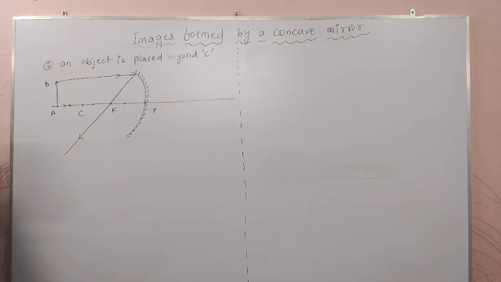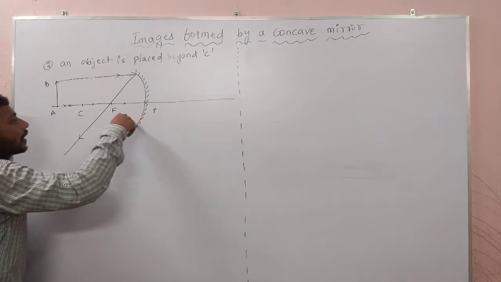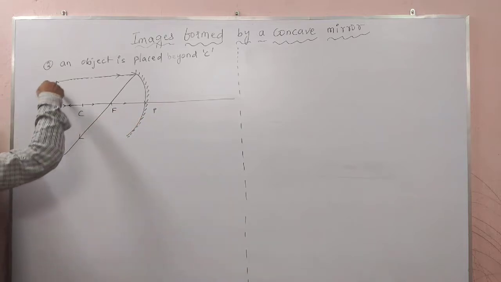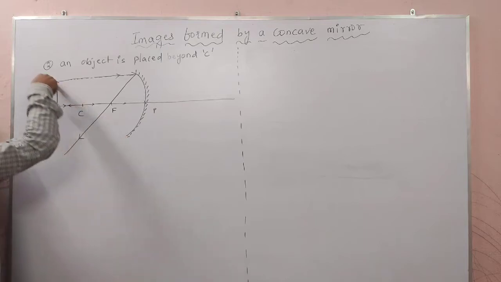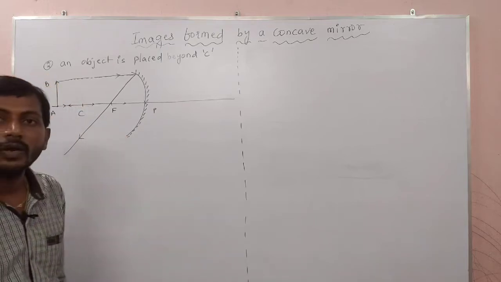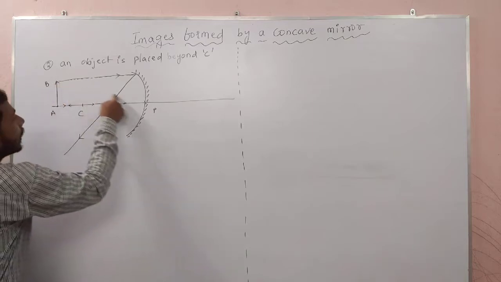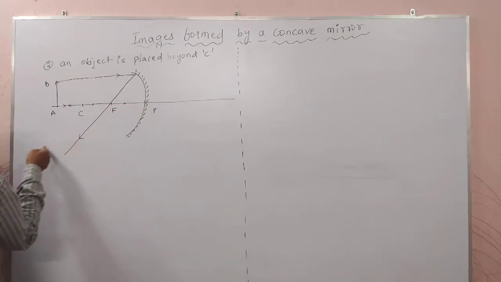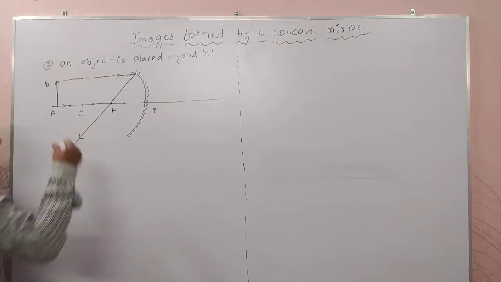Which one do you like to take? Here so many options are there. You can take the ray from the focus, parallel to the principal axis, or you can take it directly from the center of curvature. It will again pass back in the same opposite direction. Two options are there. Otherwise you can take it falling at the pole, or directly going like this. It is your wish. You can apply any one of the 3 rules. For me, this is easy.